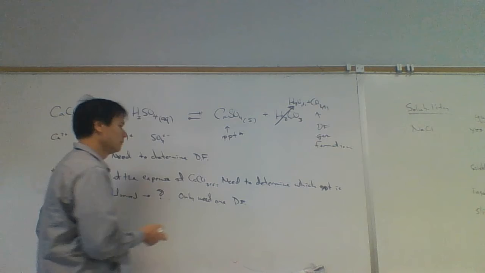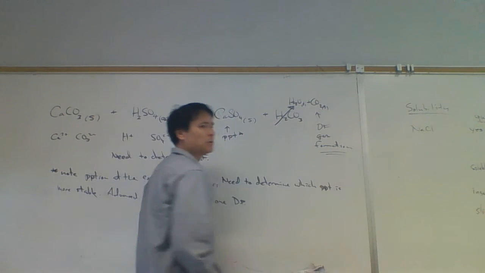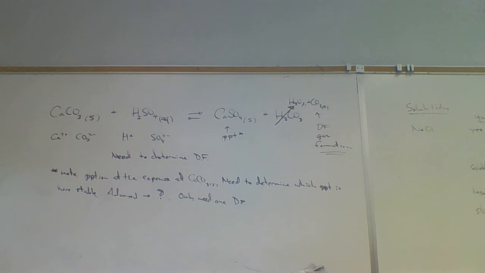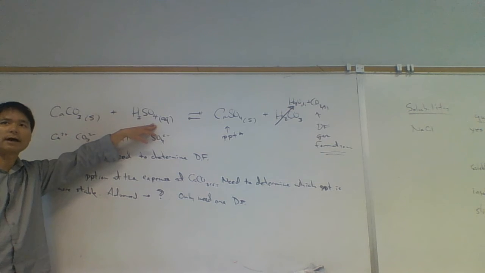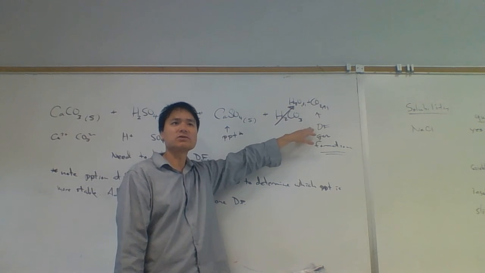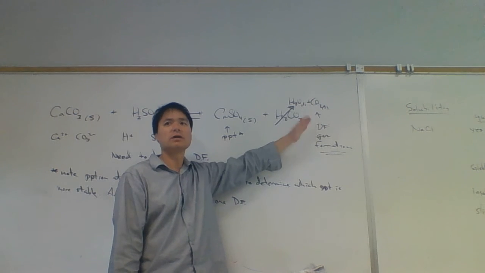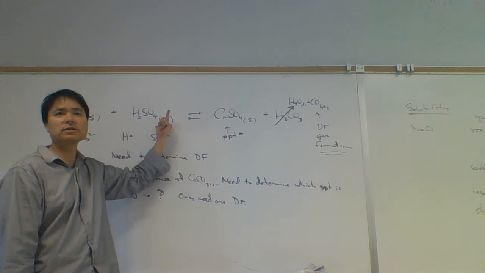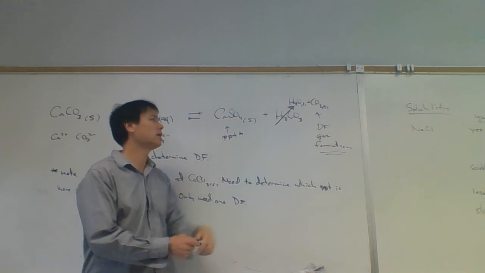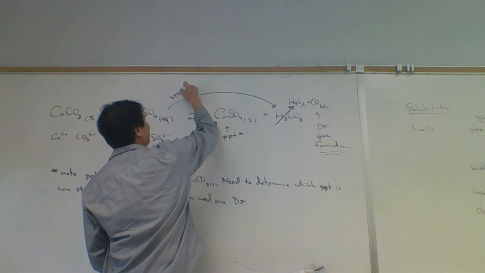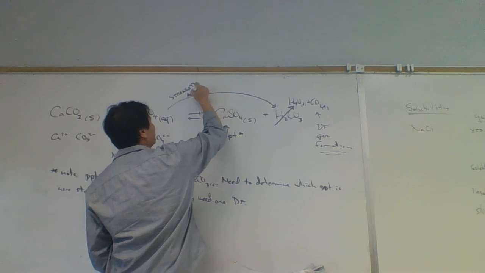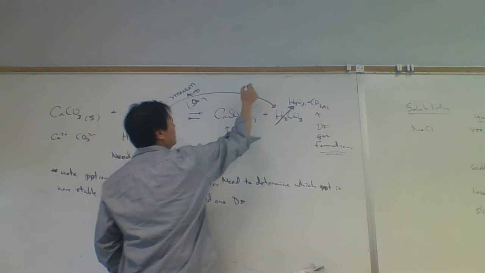And so we only need one driving force. We have it here. But in this particular reaction, we actually have two that we can say. What's the other driving force that we can bring up? And that is this one. Sulfuric acid, is that one of the 7 common strong acids? Yeah. Carbonic acid, is that one of the 7 strong common acids? No. And so what we say is that we're going from a stronger acid to a weaker acid. And that would be the other driving force. Stronger acid, which I call SA, to weaker acid,